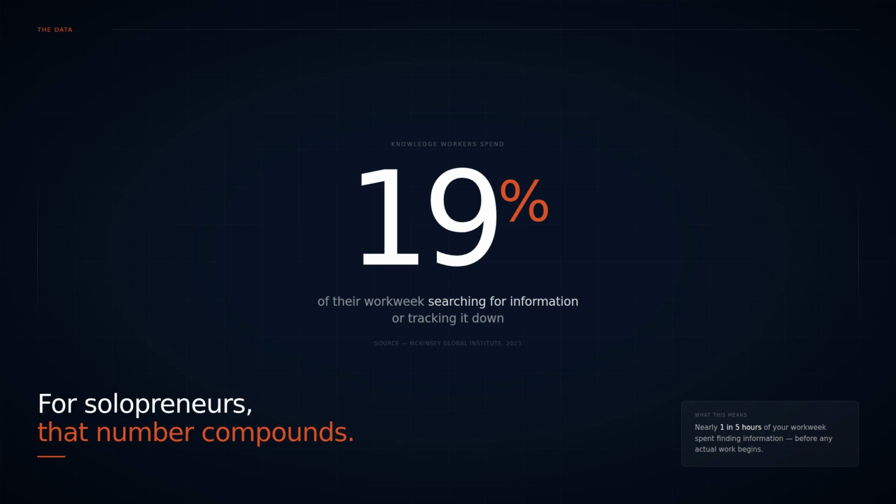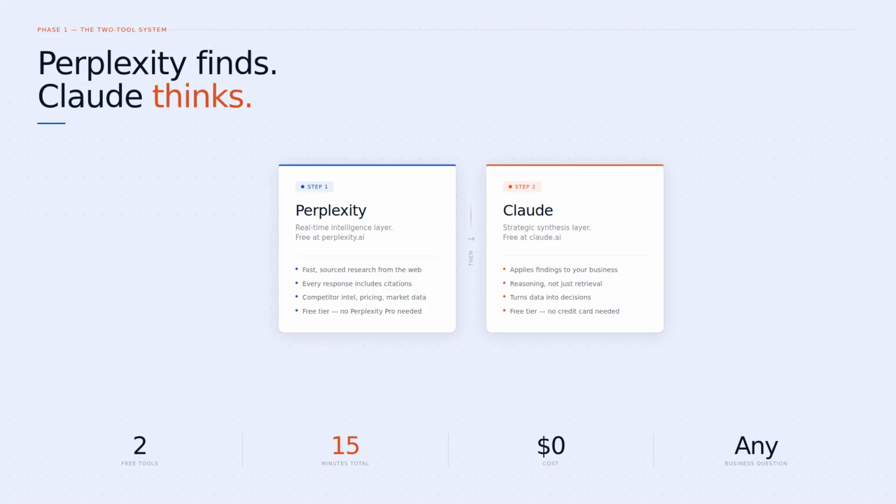By the end of this video, you will have a 2-tool research workflow you can run in 15 minutes or less on any business question. Competitor pricing, market shifts, customer pain points. Free tools only, no tab hopping required. Let's build it. Before we get into specific use cases, you need to understand why this is a 2-tool system